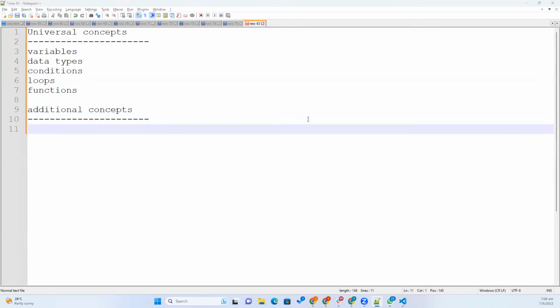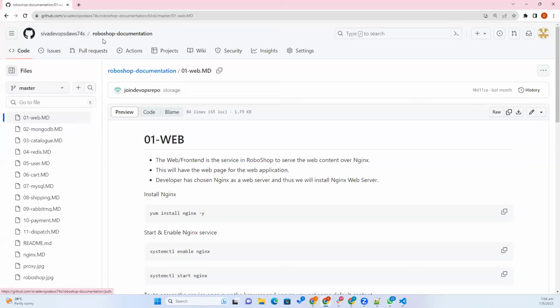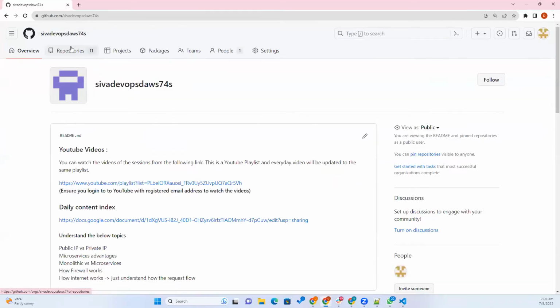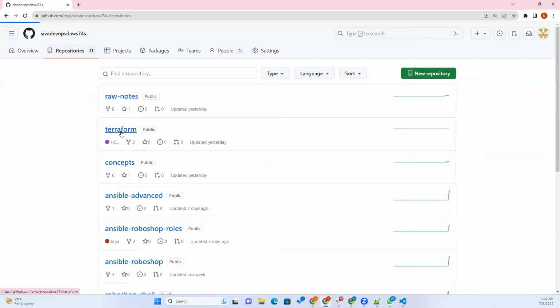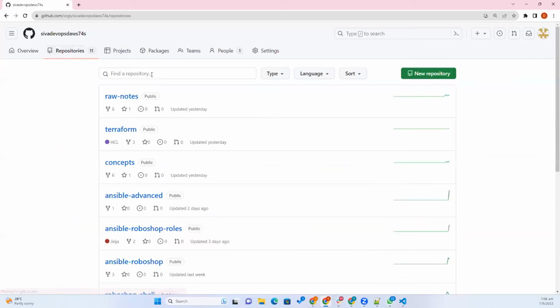So yesterday we set up Terraform. We downloaded terraform.exe, we set the path, we are using Visual Studio Code as an IDE, and we configured AWS credentials using AWS configure, and Terraform started connecting with the AWS account and creating resources. So we updated the document here. This is very important to understand the advantages of Terraform. So in the concepts repository,